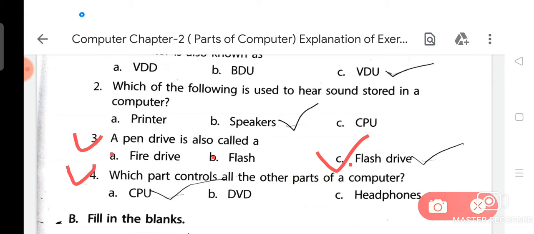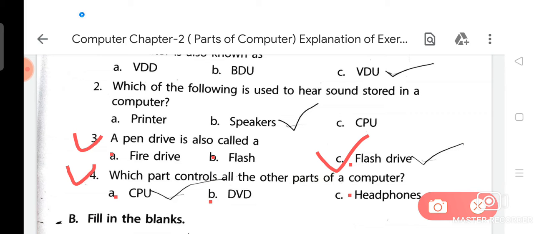Now we are going to do question number 4. Which part controls all the other parts of a computer? Option A is CPU, option B is DVD, and option C is headphones.